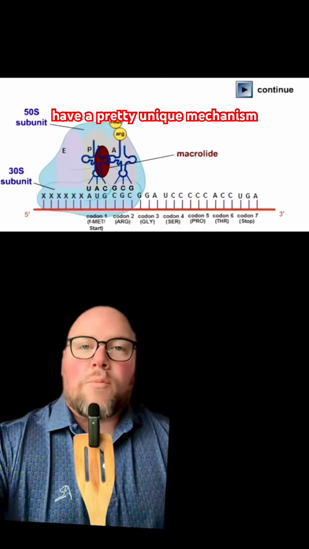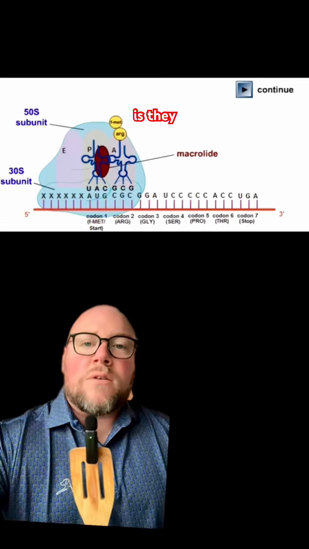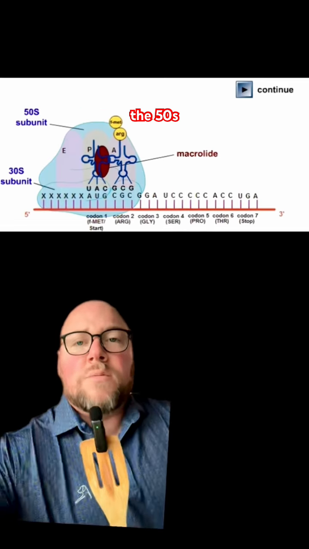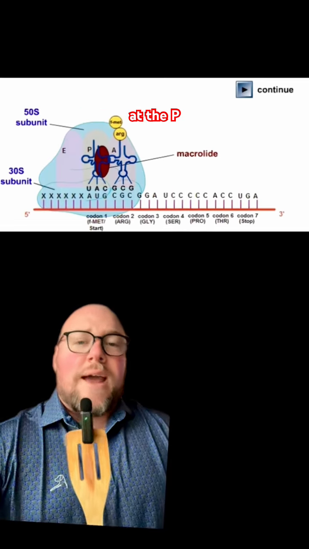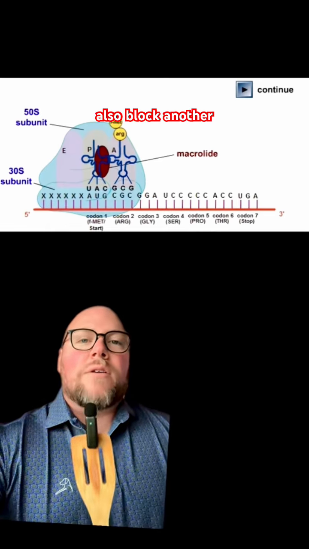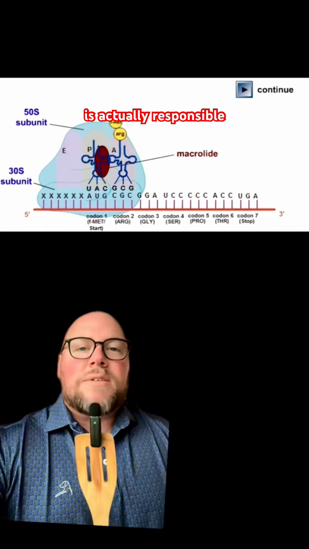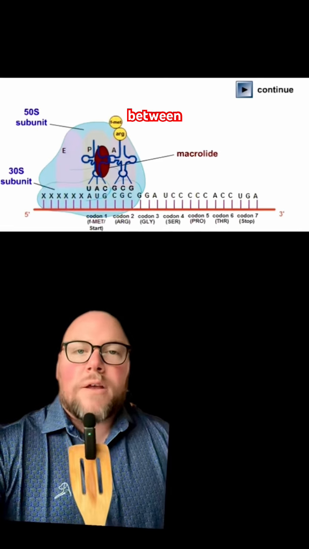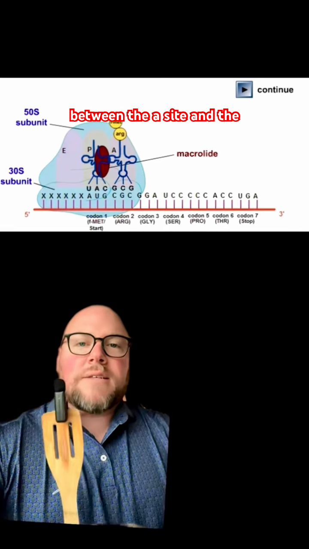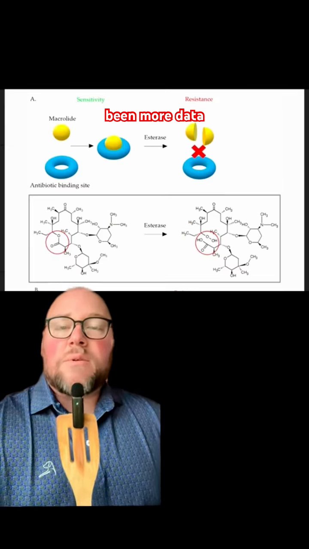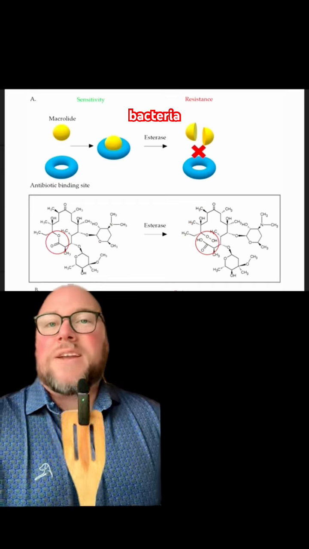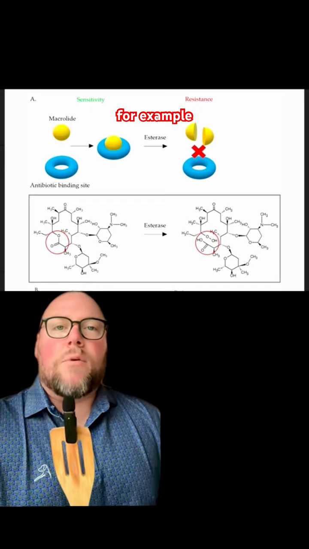So macrolides have a pretty unique mechanism of action. What they do is they bind to the ribosomes, the 50S subunit specifically, at the P site, and they also block another enzyme from working, which is the peptidyltransferase enzyme. That enzyme is actually responsible for creating these bonds between two amino acids between the A site and the P site. But recently, there's been more data to show that certain bacteria strains, like Staph aureus, for example, have grown